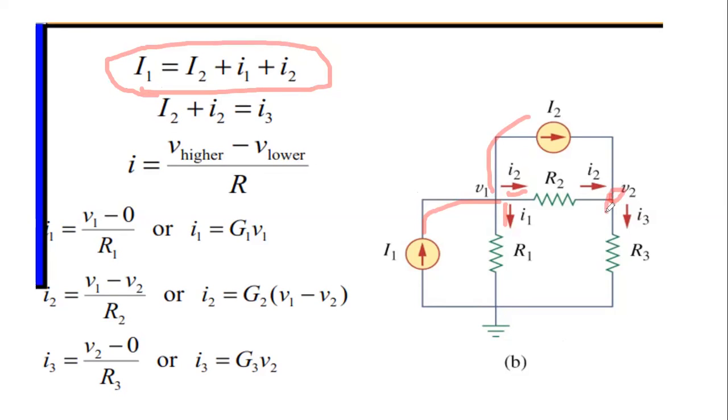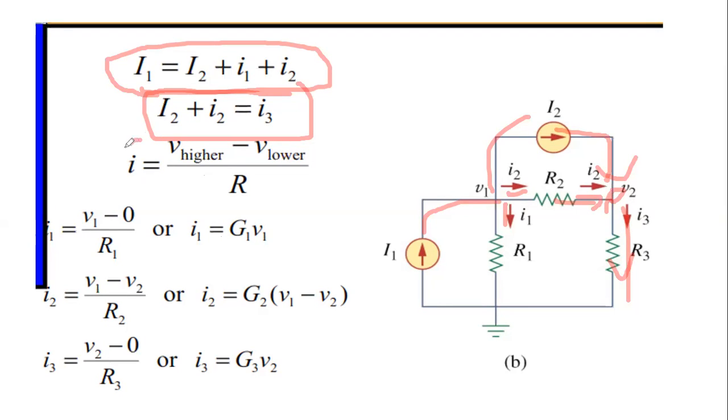And if you talk about the second one, that is second number node V2. So I2 is incoming, and again capital I2, small I2 and capital I2 both are incoming, and the outgoing is I3. So outgoing current is equal to incoming current. So we again have this equation, that is I2 plus capital I2 plus small I2 is equal to small I3. So that is the KCLs at these two nodes.